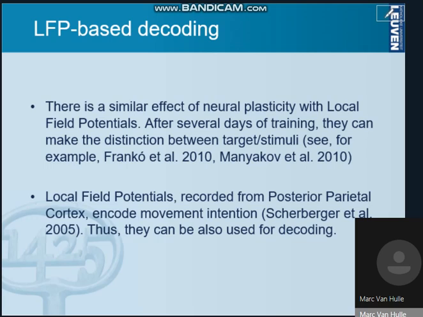A monkey was being trained to make the distinction between target and non-target stimuli, target being a stimulus for which he will get a juice reward, versus a non-target stimulus, which in this case he doesn't get any reward. You see that after some days, we will show it shortly, you get indeed a clear improvement based on local field potentials. And this is a known phenomenon. It has also been observed in other brain areas in terms of local field potentials. And this way we know that